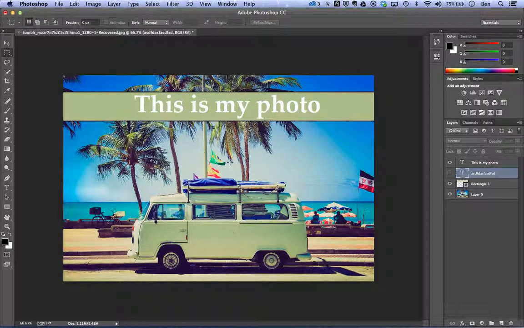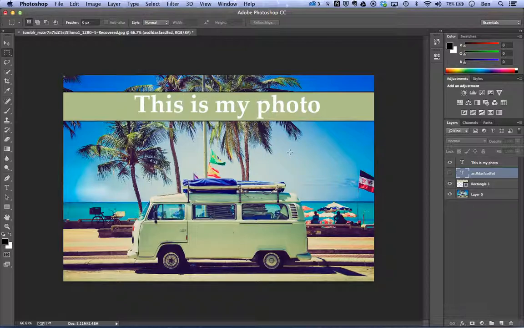Let's pretend this photo is all ready to go and we just want to save it. A big focus of this video is saving for the web, but first let me show you how to save it just in case we need to go back and edit it later. So if I want to go ahead and save this, and we've talked about layers and all that kind of stuff,